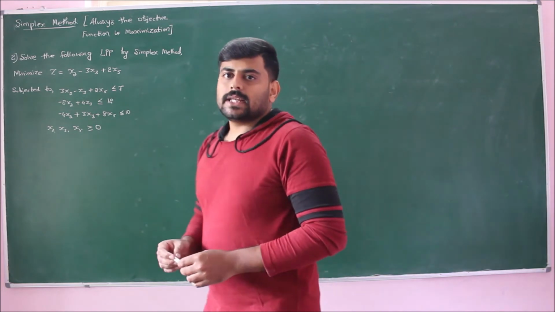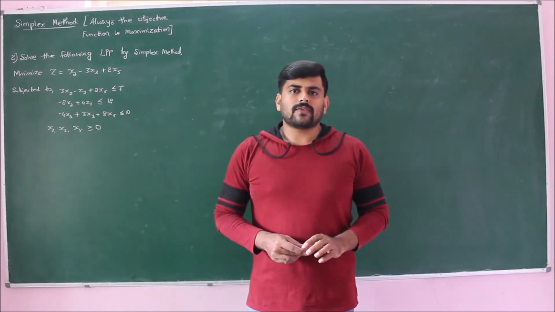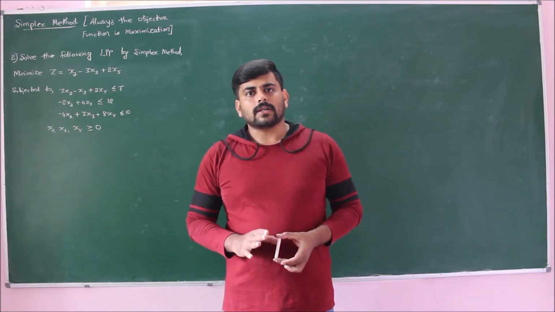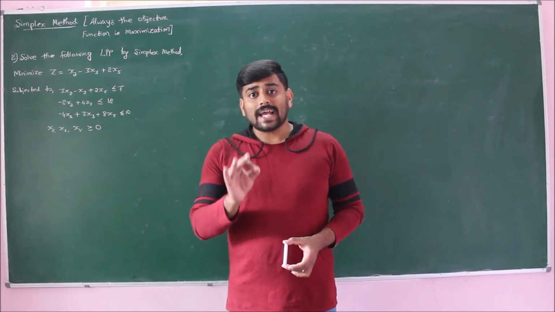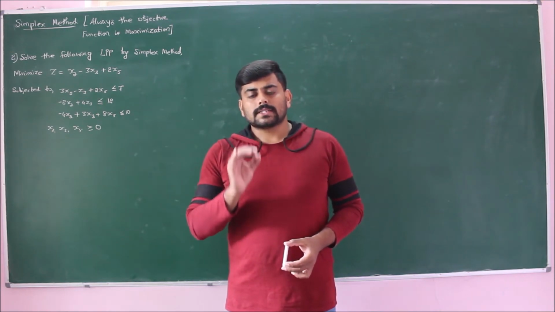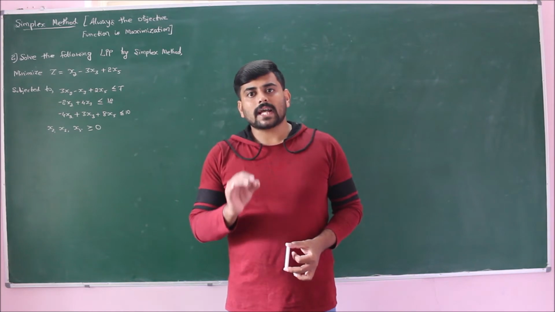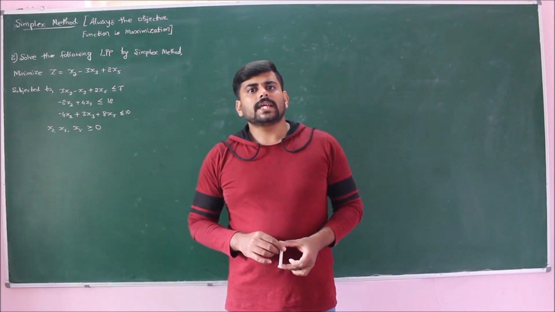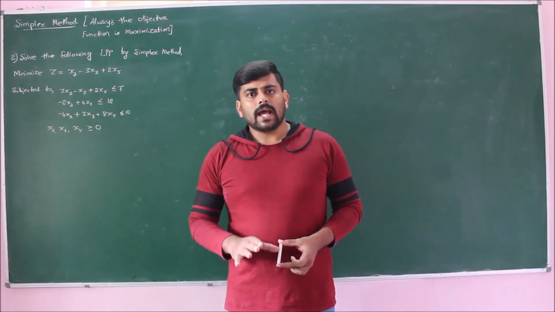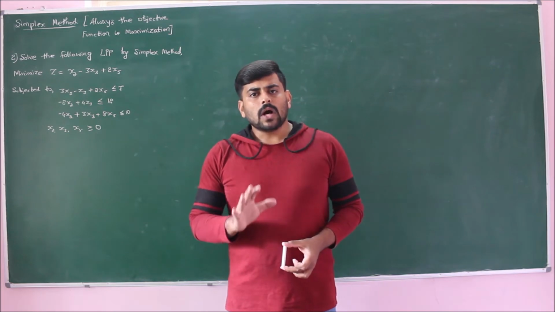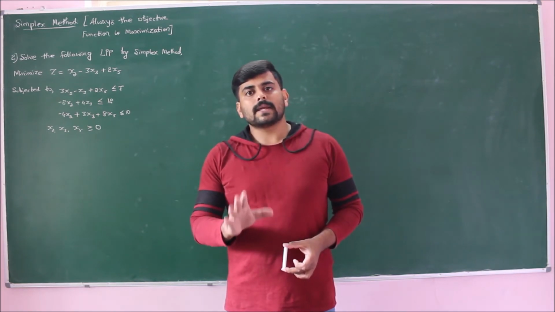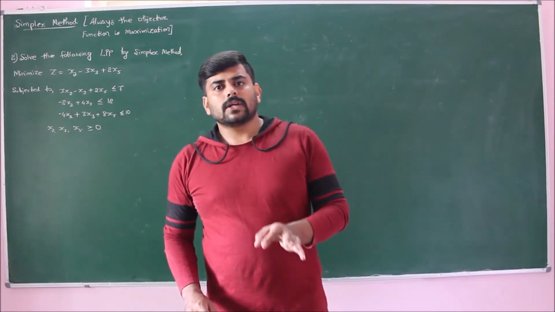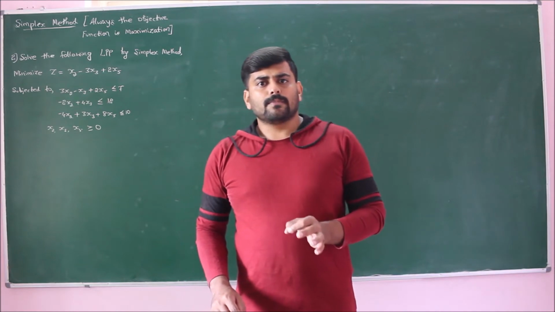As I explained in our previous lecture, the objective function in the simplex method must always be maximization, and you will be using only slack variables. Keep that in mind. In the sense, the constraints of the given linear programming problem will always have LHS less than or equal to RHS for the simplex method. Now coming to step 1, we should represent the given linear programming model